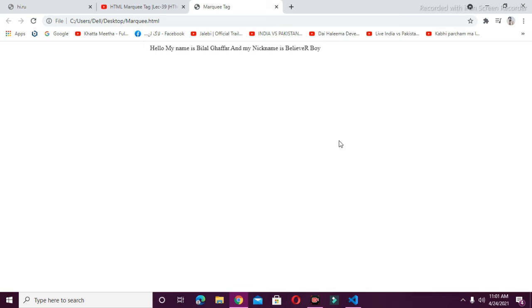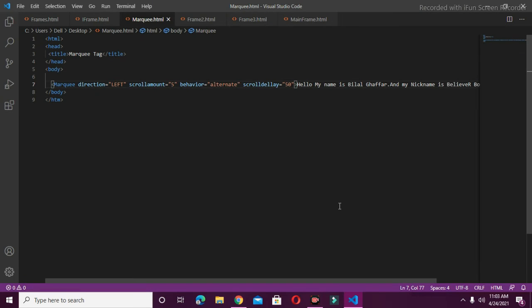So you can see that the speed has been. What I will do, I will just simply increase its amount. So I will write here 500 and increase its amount. I will write here 10. And now if I save this and move back to my browser and refresh this,